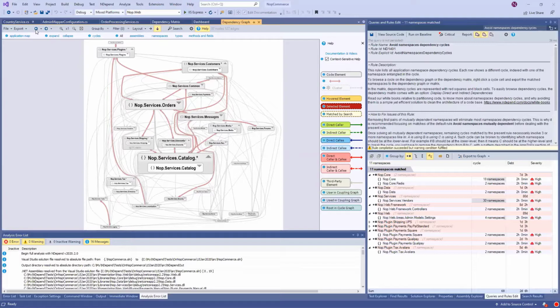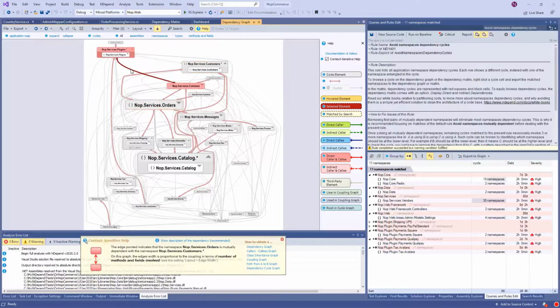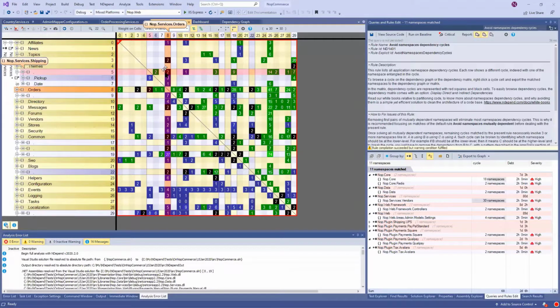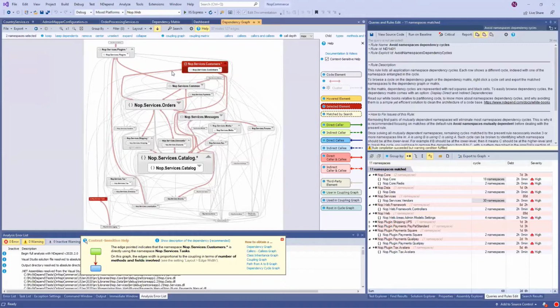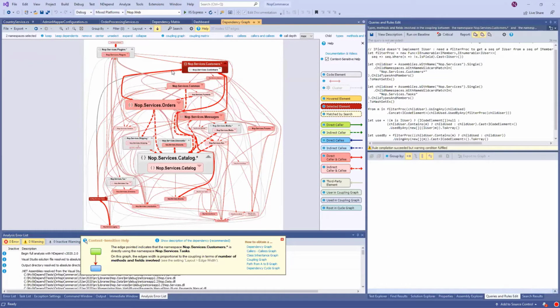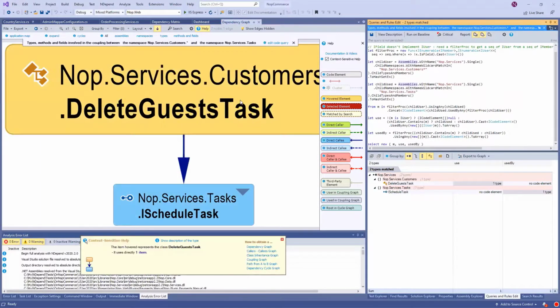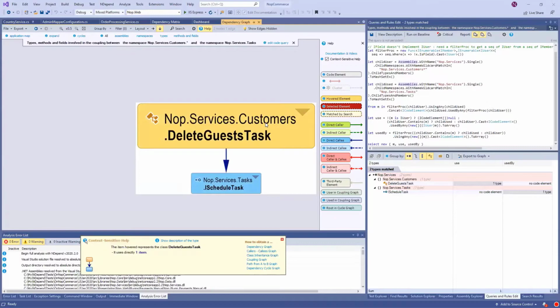Okay, so you have a lot of information here, but the first thing to start untangling this kind of structure is to double click the red arrow. The red arrow means that they are bidirectionally dependent. Actually, a red arrow is the equivalent of this black cell here. So you need to double click, and then you can have information about the coupling exactly as I explained before. So here, a large code query actually has been generated for me. And here we can see that actually this type is using this interface.